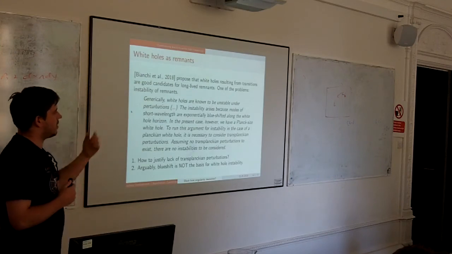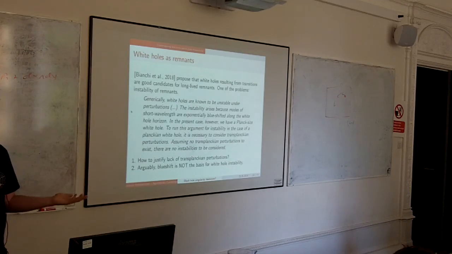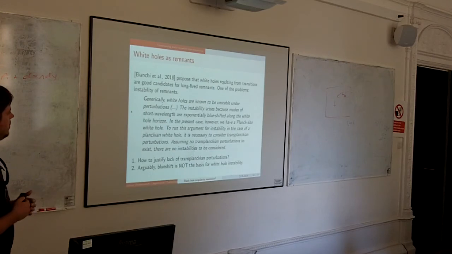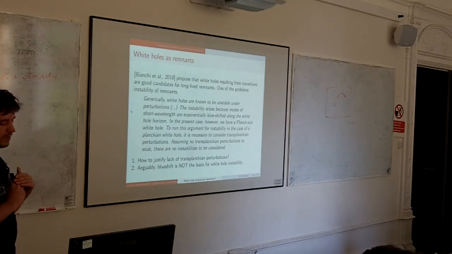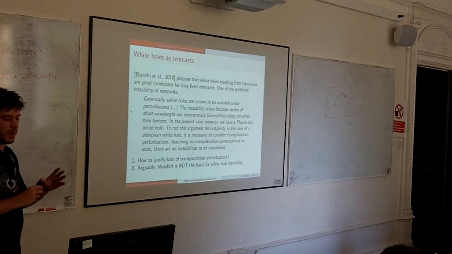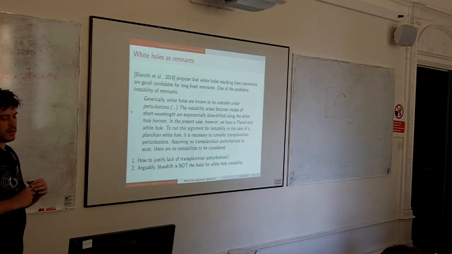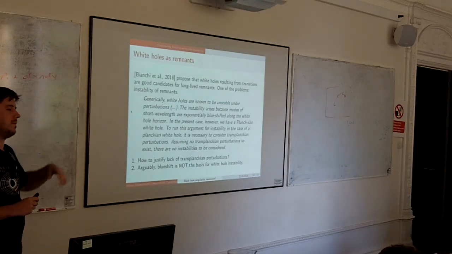And one of the standard problems for the remnant solutions is that there are arguments that remnants are unstable against perturbations. And Bianchi and others have this to say about this. They say that that's true. We admit that white holes are known to be unstable under perturbations. But in their opinion, the instability arises because modes of short wavelengths are exponentially blue shifted along the white hole horizon. But in the case they're interested in, and especially in the case of